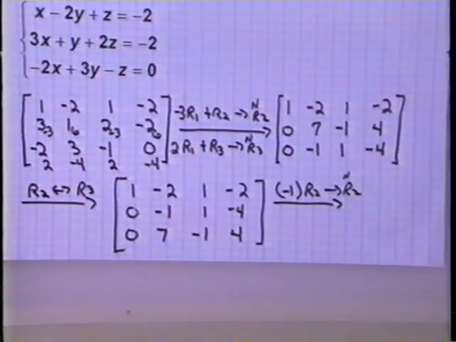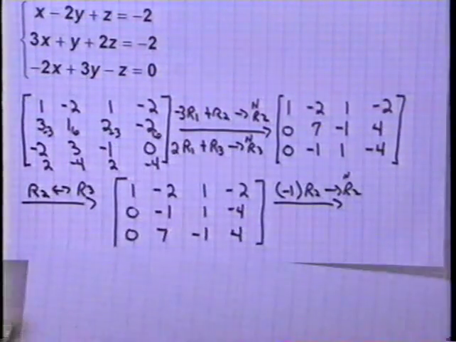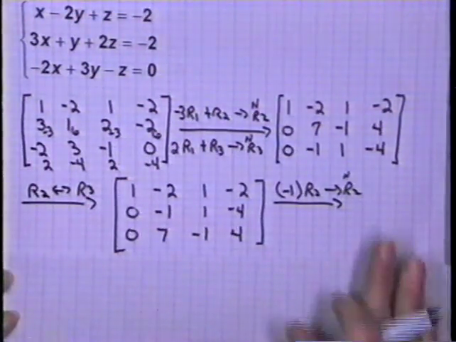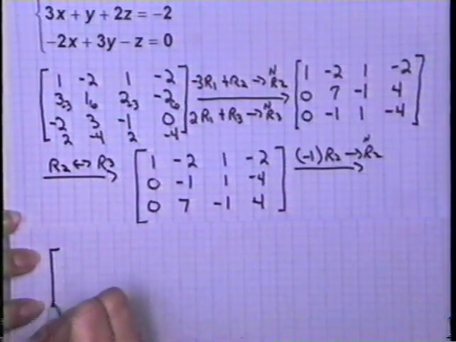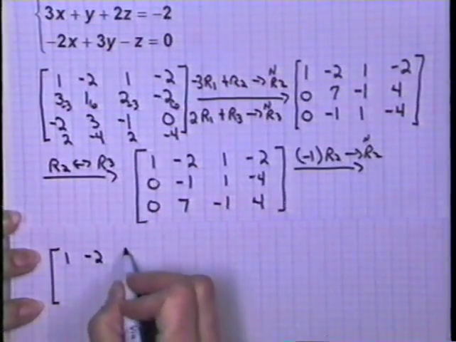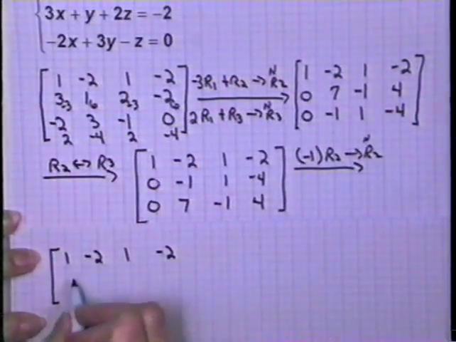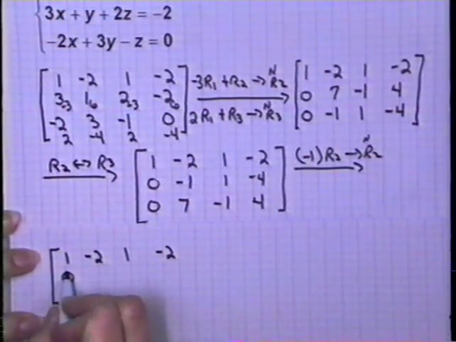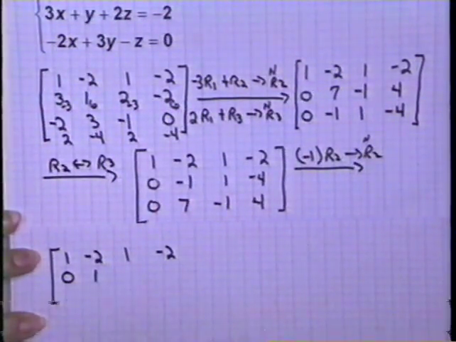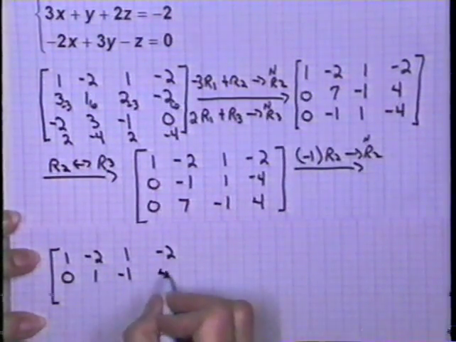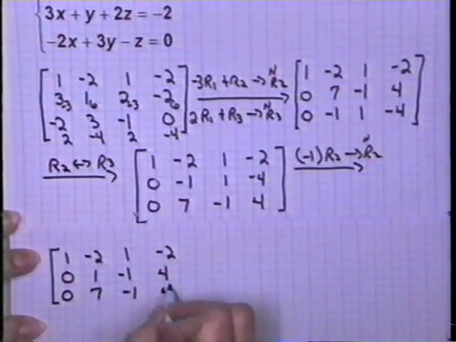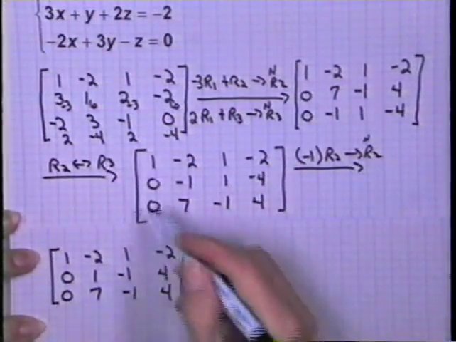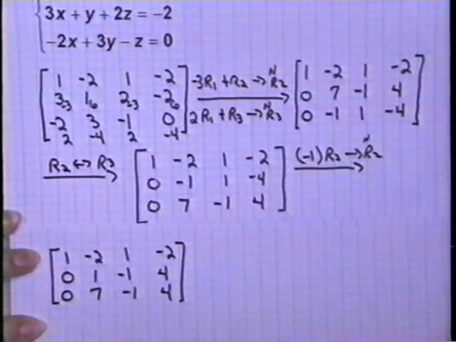Let me go to another sheet of paper here so we have plenty of room when we write that. So I'm going to recopy my first row. Multiply my second row by negative 1. Negative 1 times 0 is 0. Negative 1 times negative 1 is 1. Negative 1 times 1 is negative 1. Negative 1 times negative 4 is positive 4. And then I'm going to recopy my third row. Okay, so the nice thing about doing that interchanging of these rows is I avoided a fraction, at least so